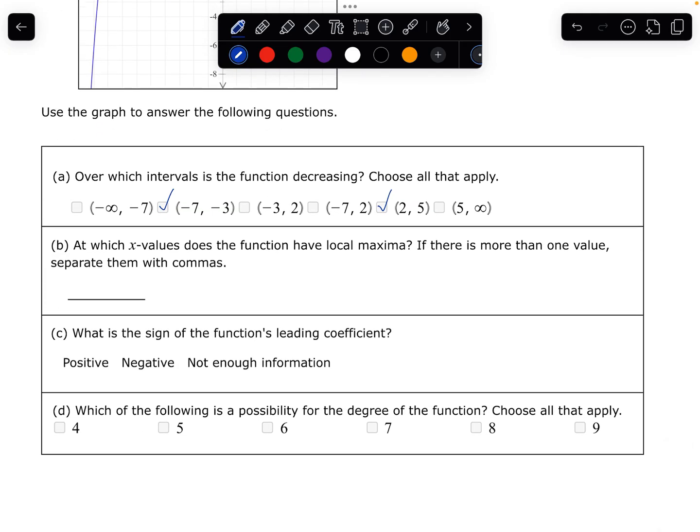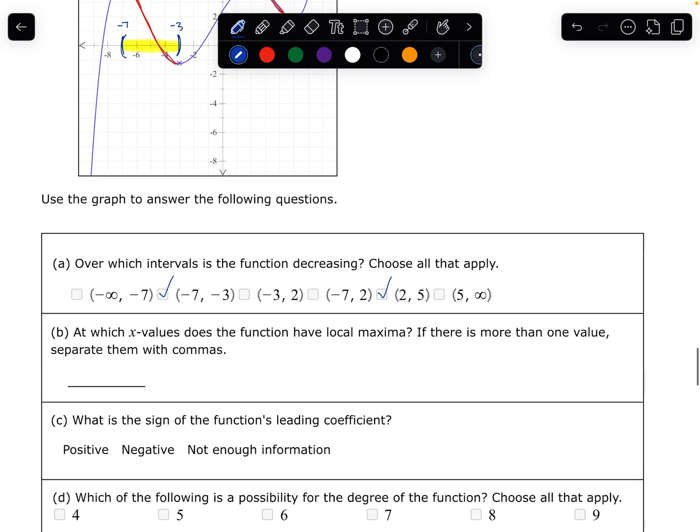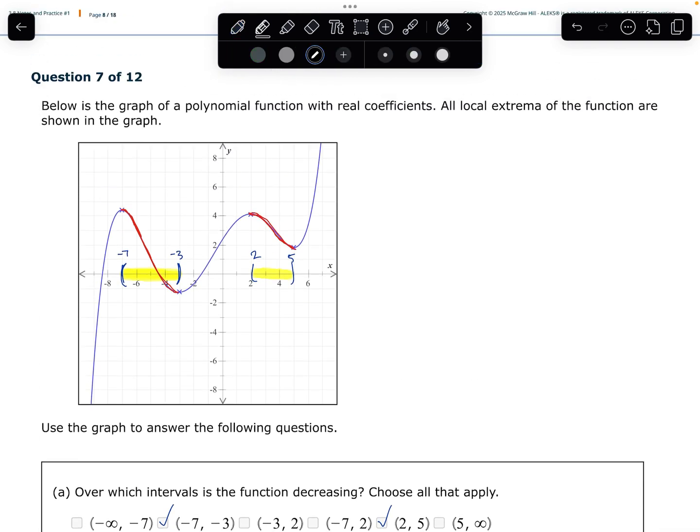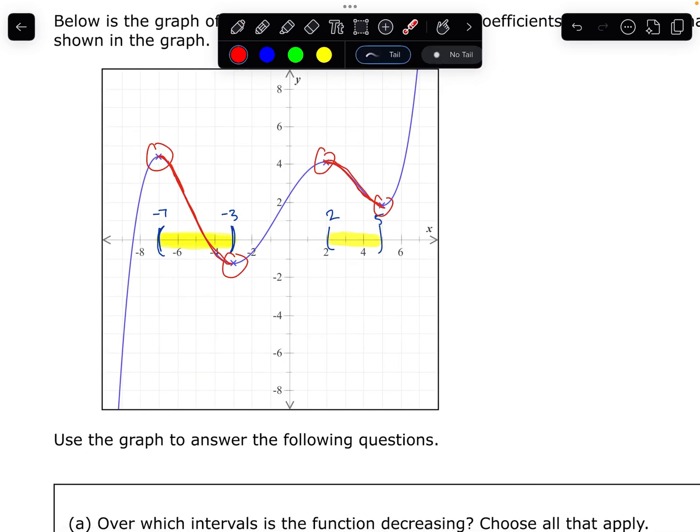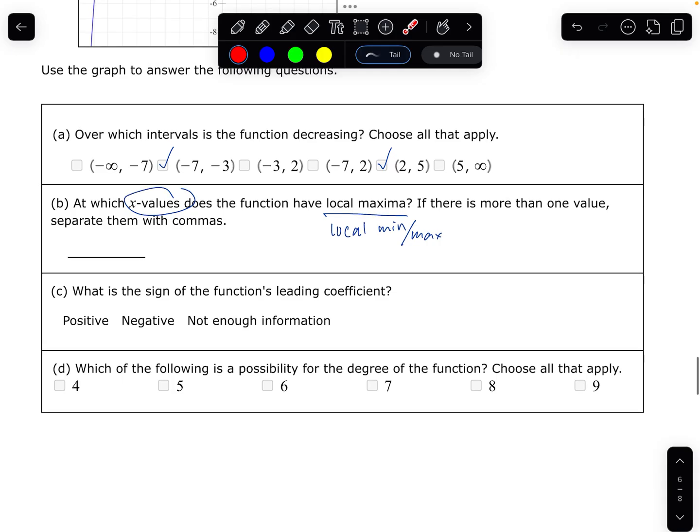For B, at which values does the function have local extrema? So local extrema meaning that could be local minimum or maximum. So what are the x values? So if I go back to the graph right here, so here is a local maximum, local minimum, local maximum, local minimum. So the x values are at -7, at -3, at 2, and at 5. So it's asking for the x values. And so we would put,